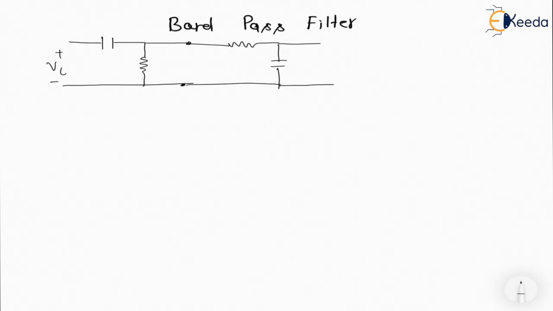So this will become plus minus Vi and this will become plus minus V naught. This is C1 R1 and this is R2 C2. Both high pass filter and low pass filter will have cutoff frequency, and the condition is cutoff frequency of low pass filter must be greater than cutoff frequency